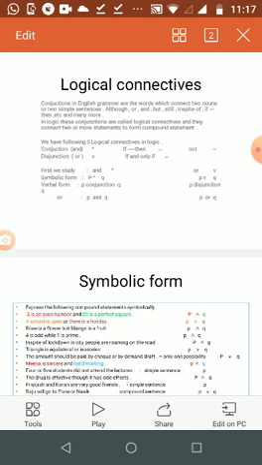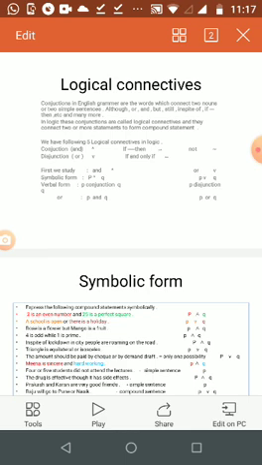Compound sentences are the sentences in which two simple sentences are joined by different conjunctions like whereas, while, but, and, etc. So, in logic, we call such conjunctions logical connectives. Logical connectives are five in number, and these five logical connectives we are going to study in this chapter,